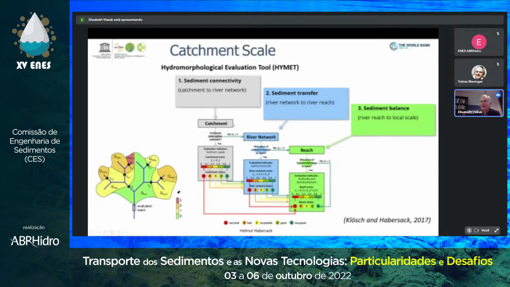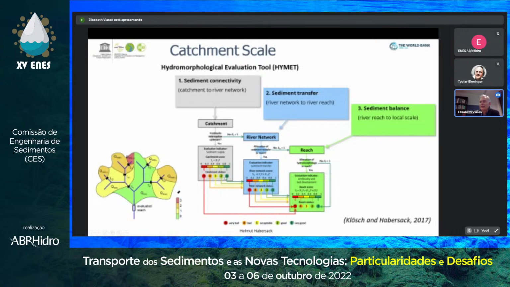So we have to start in different areas, and I don't go through all of this time-wise. There's a paper which I can even send you that tried to work out a methodology like the hydromorphological evaluation tool, where basically we follow the schema I showed you before, this river scaling concept, to start in the catchment, to go to the river network, to go to the reach and local scale where the reservoir is. So in essence, what we do is we look into a catchment with the GIS analysis, we put all the reservoirs in, and then we estimate, depending on the data availability, how is then the sediment supply into the system.